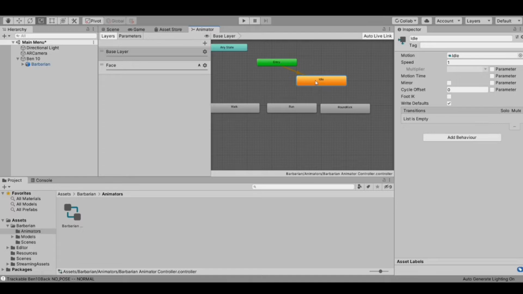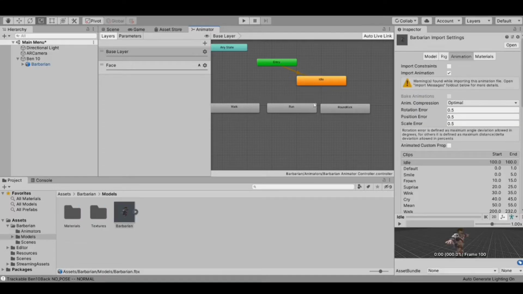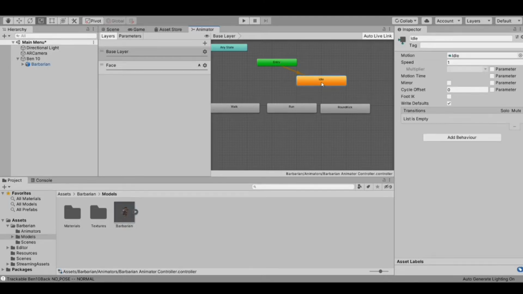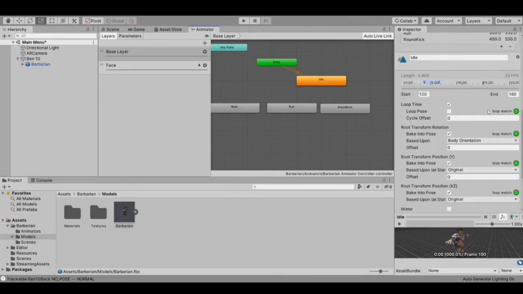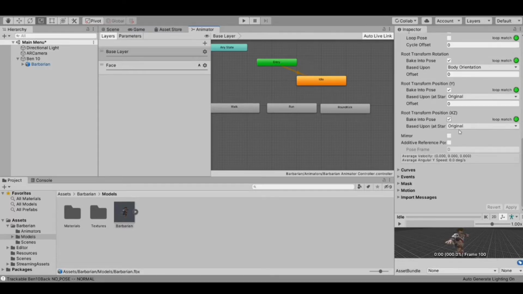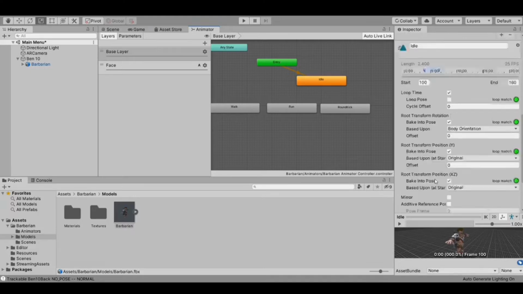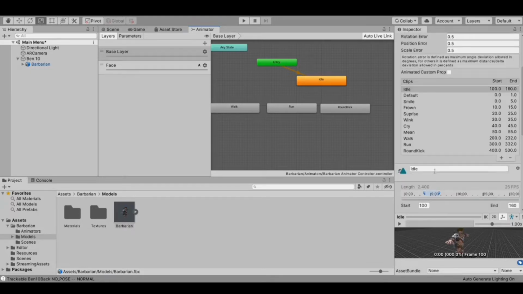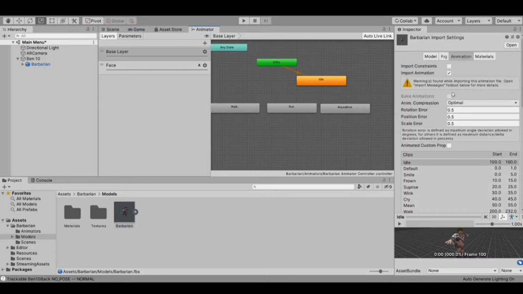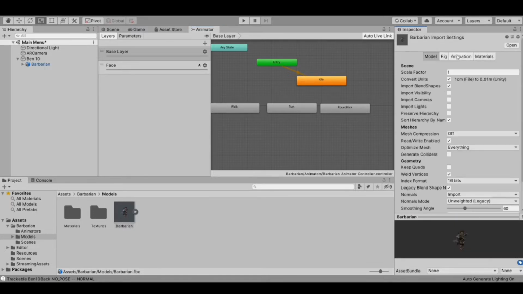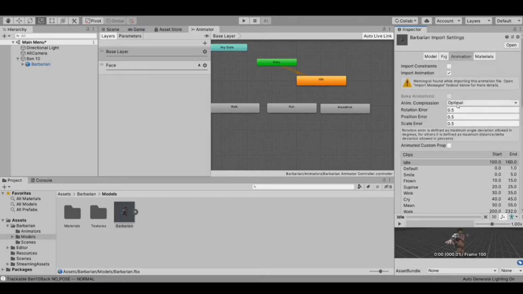So let's double click on it and we get to see the actual animations inside this. I just double clicked on idle. So here you can see how this animation has been created. There are lots of properties, but we don't bother to change any of them. I am just showing you these are the properties, these are the timings and so many things. So here you can see there are lots of options.